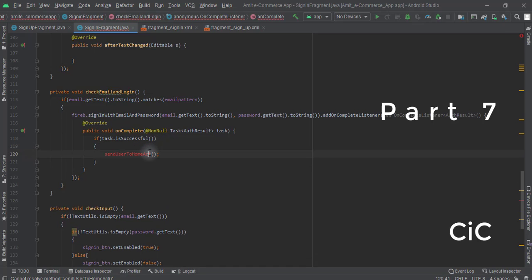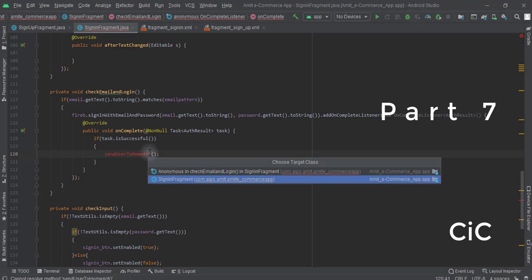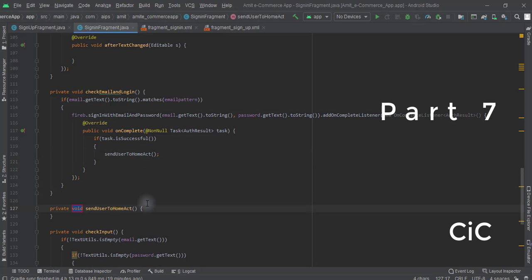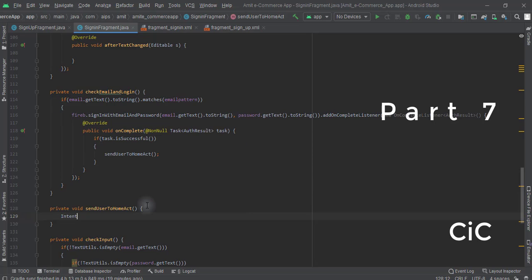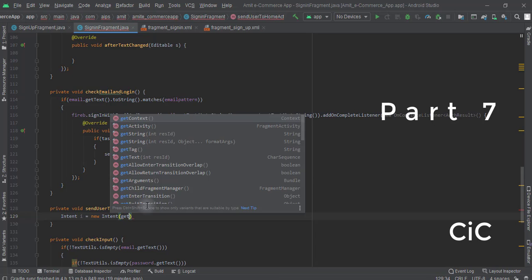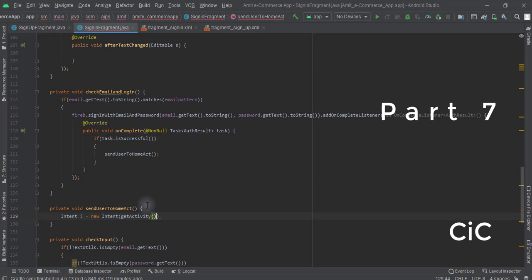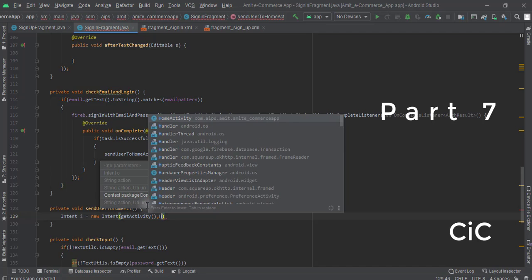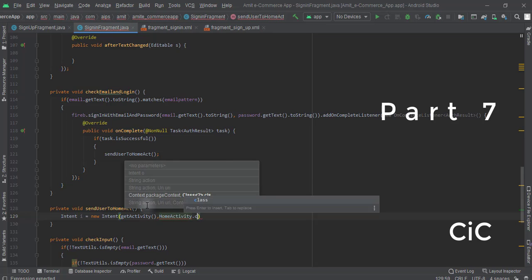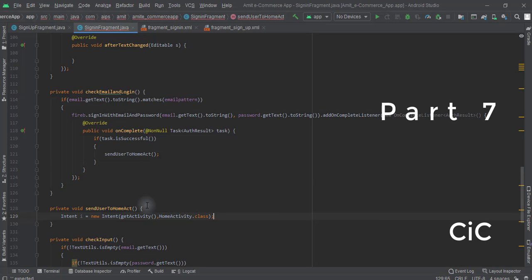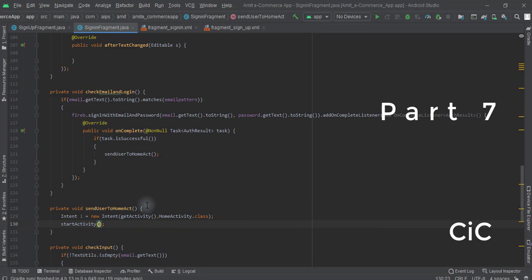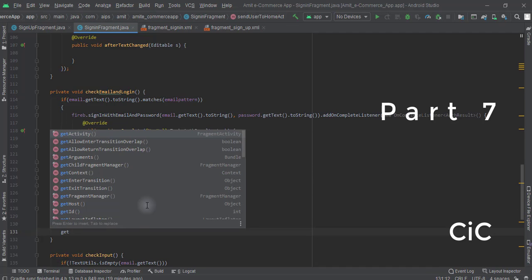We'll create this method in the sign in fragment, and we'll start the intent: intent equals new intent, and we will pass this. First of all, get activity, and then we will pass the home activity dot class. And we will start the activity, we'll pass the intent here, and we will finish it. So get activity dot finish.